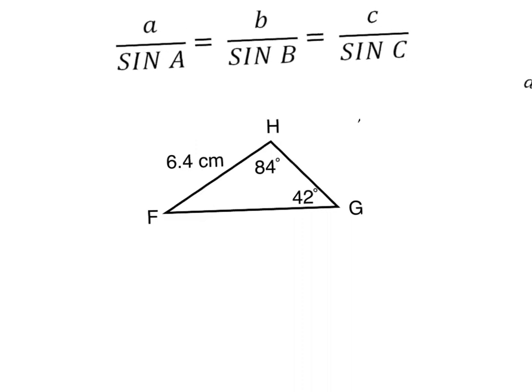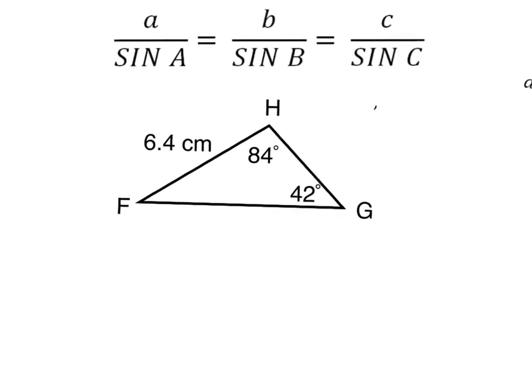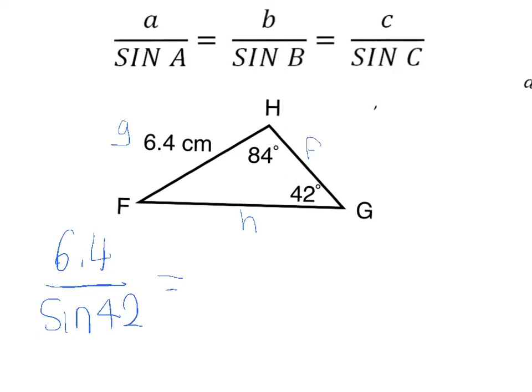You'll see that the sine rule comes in 3 parts, but we only ever use 2 parts at a time. We're going to label the triangle. You can see that the angles are all labelled with capitals, and I'm going to label the sides with lowercase letters, H, F, and G, and then I'm going to substitute into my formula. So the ones that I know then, I know that I have 6.4 divided by sine 42 is going to be equal to H divided by sine